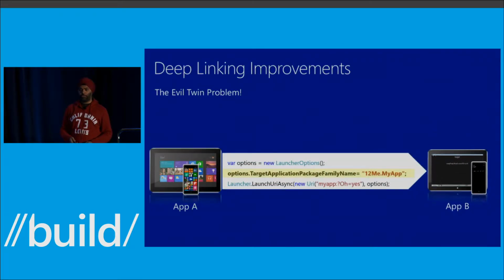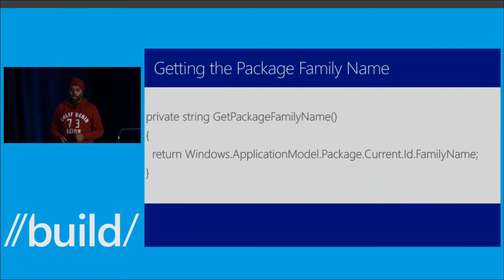So that's how you launch a specific app. And there's a nice animation showing what we just did. And that's how you get a package family name. Now, the package family name isn't some secret piece of information that you're supposed to keep to yourself. All it is is a unique identifier for your app in the Windows Store. You don't necessarily have to put your app in the Windows Store to get a package family name. You literally call this API, Windows Application Model Package Current ID Family Name. Remember what I said about long APIs? Well, you call this API, and you get a family name back, one of those strings that I just showed you. And you hand it to whoever needs to launch your app, and they can do what I just did.